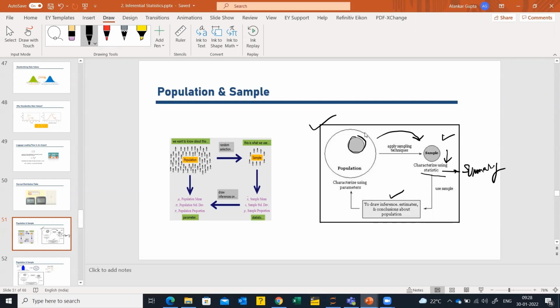Likewise, we have a statistic for a sample, and we have a parameter for a population. So the properties of a population are defined by a parameter. Okay, many a time, as I said, we might not know what the parameter is in a population, but we actually know what a statistic is from a sample, and we will infer from this. So if we take the example of the height of some of the people in the sample, we can infer about the average height of the people in the country, which is the parameter. So from a statistic, you can actually draw conclusions about the parameters.